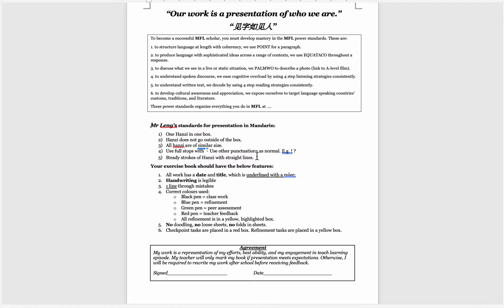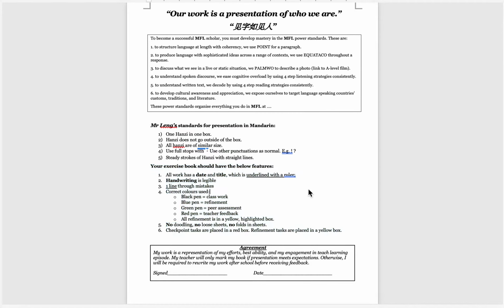When you have these 5 standards in the book, we can save so much time explaining expectations in their book every time we mark their book. And this is actually developing them with a good habit from day one in the handwriting. Now, that's Mandarin specific. Exercise books should have some commonalities or shared standards between the students.